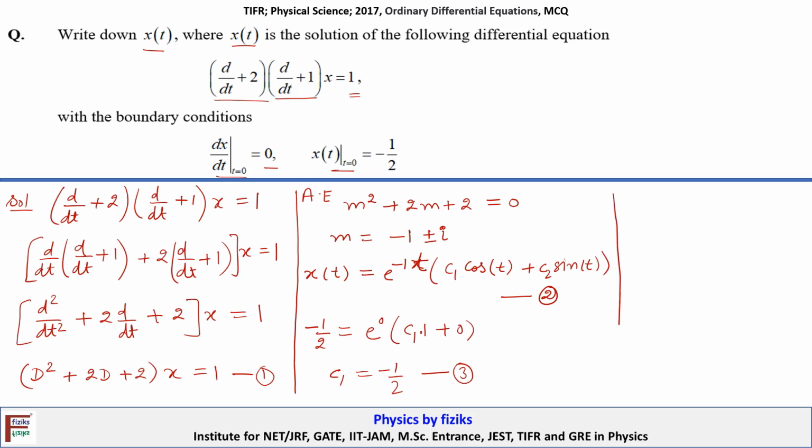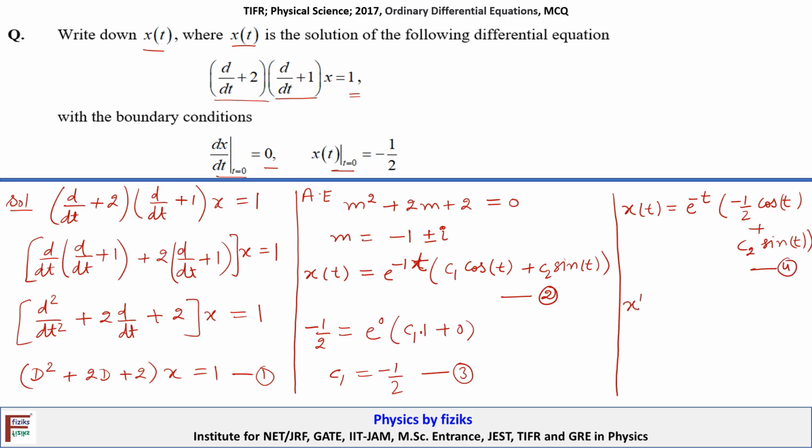Now taking the derivative of this x(t) from equation 2 by substituting the value of c1, we can write x(t) = e to the power -t into (c1, that is -1/2, cos t + c2 sin t). This equation is number 4, and now taking the derivative of the fourth, we